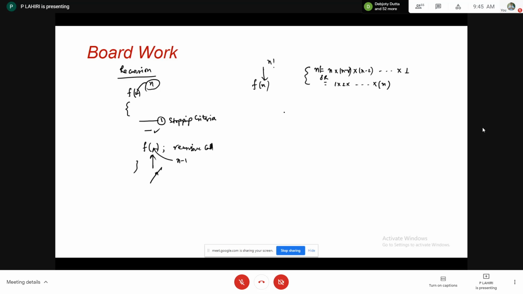So this approach you implement using a simple for loop, for i equals 1 to n. Inside the loop, the statement will be f equals f multiply i, and this will be the end statement. This is one approach. Anyone can write this as for i equals n minus 1 down to 1, then f equals f multiply i, and this is an end statement. This can also be accepted. These versions are not recursive. This is iterative. That means there is an application of the loop structure to implement the logic.